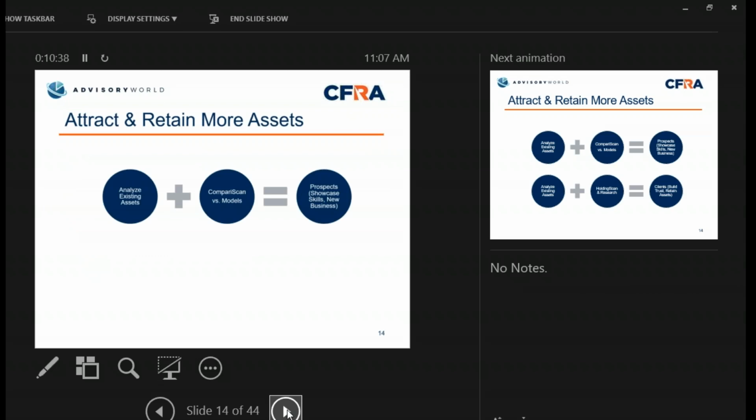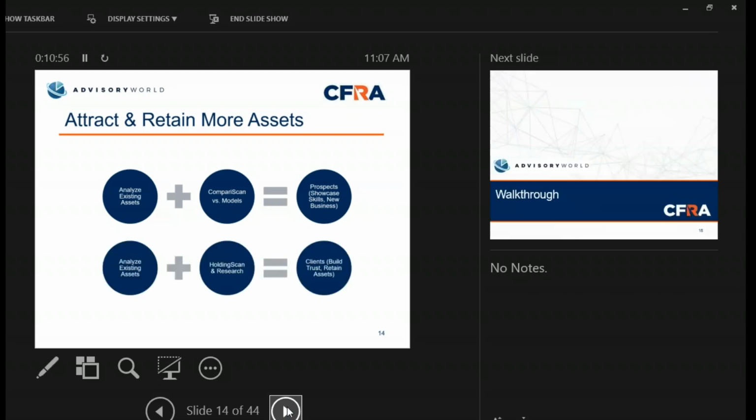The first part of attracting assets, there's a pretty basic equation whereby you can look at someone's existing assets that are held away. Perhaps they give you a statement as an advisor, and then compare them versus one of your suggested models, right?